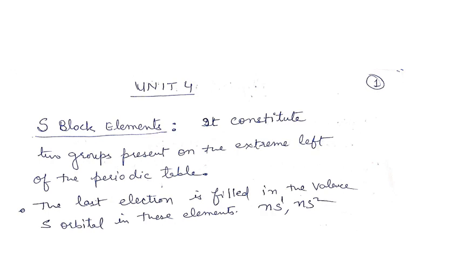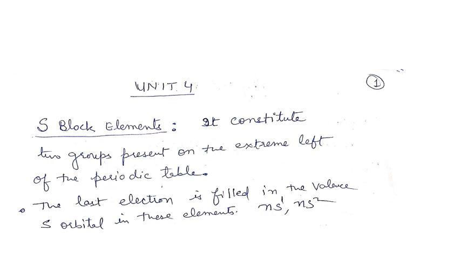Because we classify elements in the periodic table into S, P, D, F blocks according to the electronic configuration. If the valence electron of any element enters into the S subshell or orbital, that is the outermost electron,